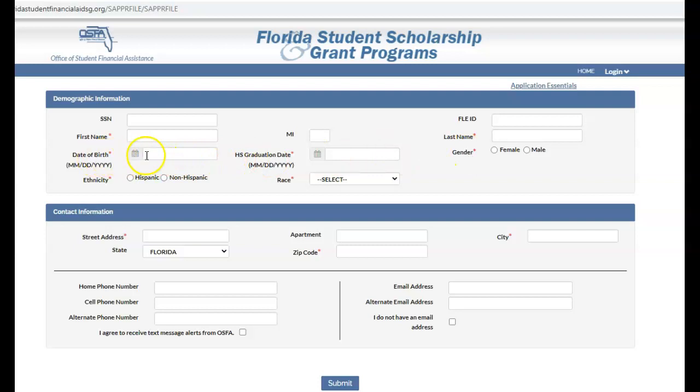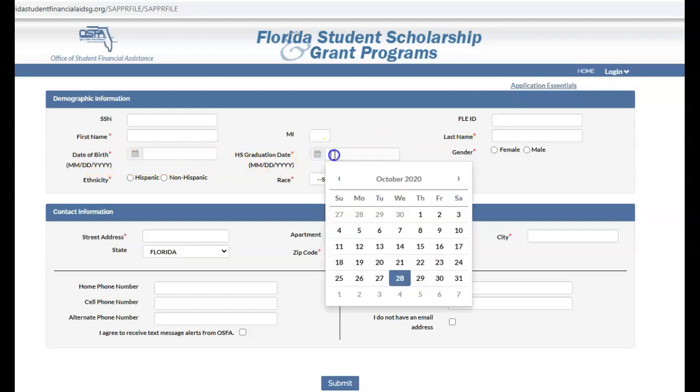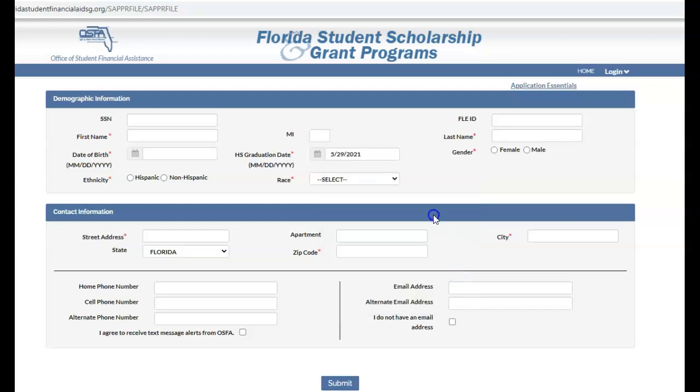So you'll continue on with your date of birth, high school graduation date, and I will let you know, for those who do not know, our high school graduation date for the class of 2021 is scheduled for May 29, 2021. So go ahead and put that in for your high school graduation date. You will continue by putting in your gender, ethnicity, race, and then your contact information, your address, including your city,